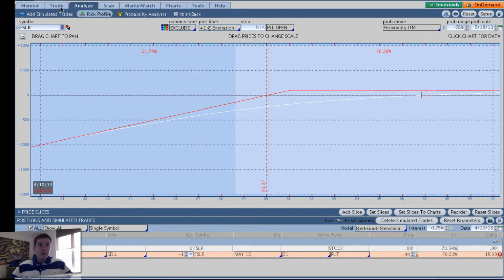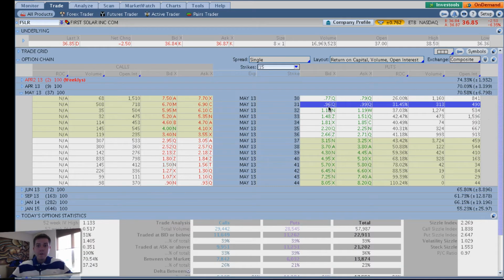it's liquid enough. If we go back to this trade screen, you can see the liquidity here. On the 31 strike, we've got a 3-cent bid-ask spread. If we look at the closest to the money 36 strike, we've got enough volume. It exceeds that 500. It's not quite 1,000 open interest, but it's close enough. I mean, we're talking about 75 off, 85 off. So that's close enough. It's liquid enough to trade. And if you look at this particular strike's volume and open interest, not quite as attractive as the closest to the money strike is, but again, there's some activity here, so you shouldn't have any problems getting filled, and the